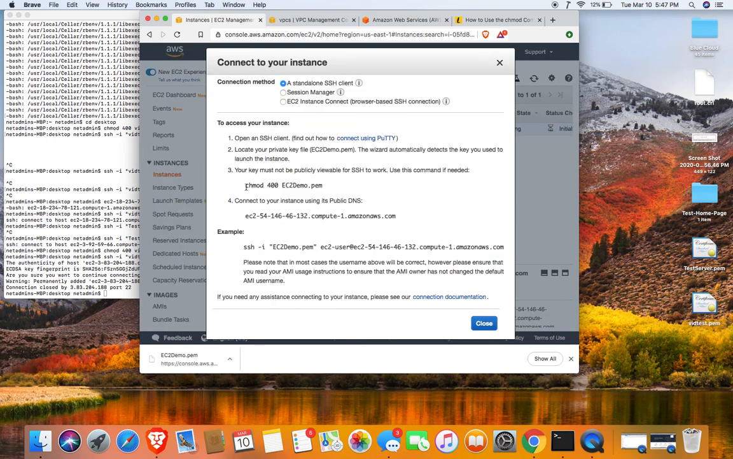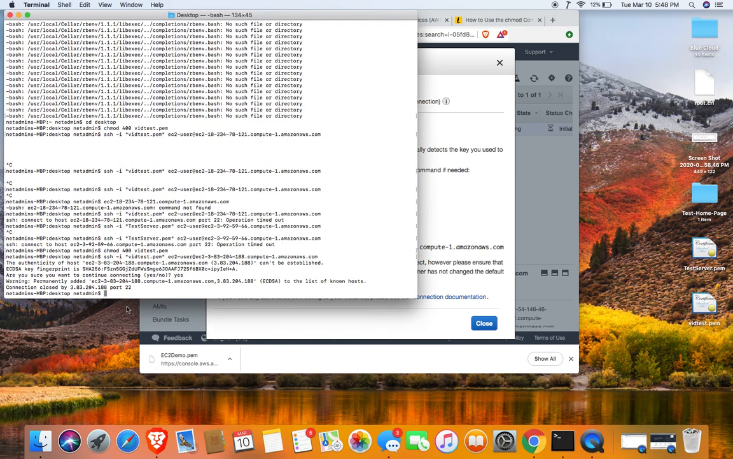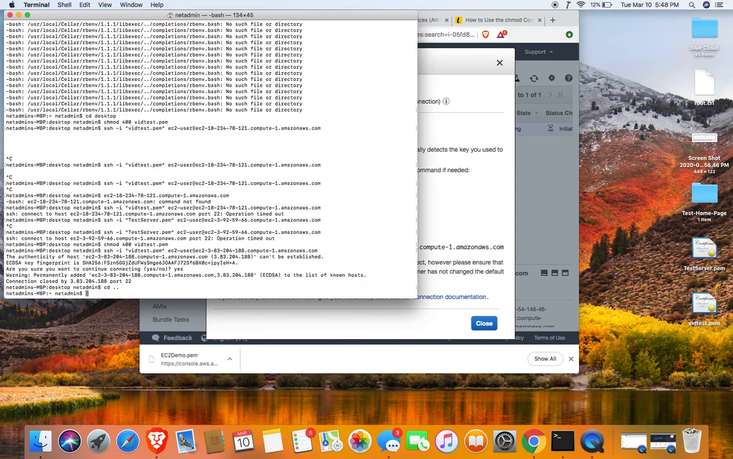Now it wants me to run this command to make the SSH work. It says it right there. If you're using Windows, you can use PuTTY. I'm using a Mac, so I don't have to do that. Or if you're using Linux, it's the same as Mac for the most part. So I'm going to copy and paste this. And if you're familiar with the terminal at all,